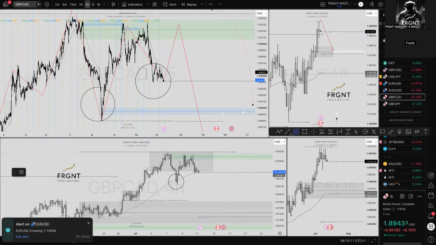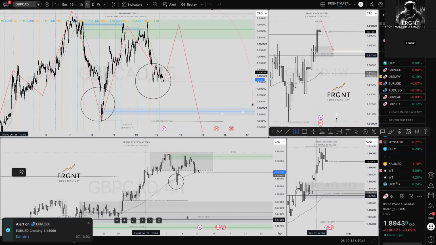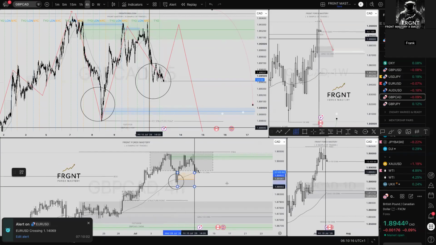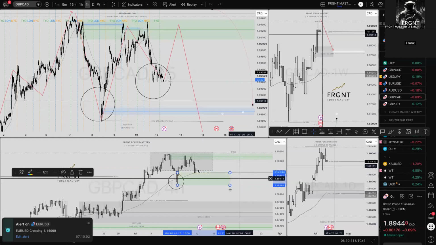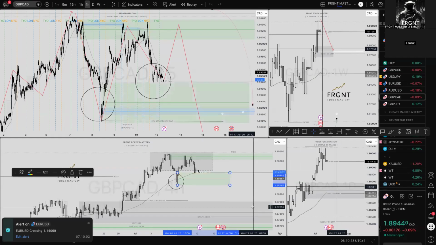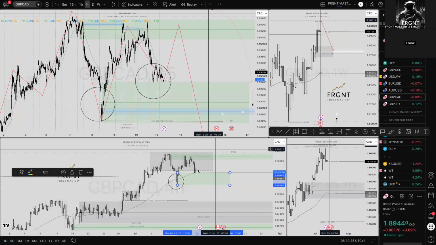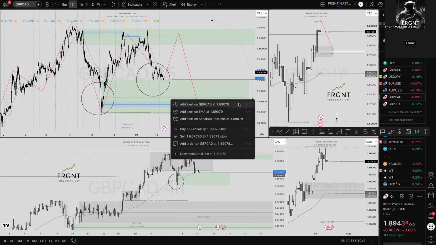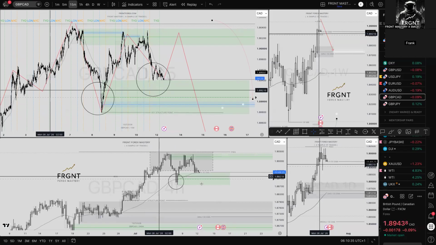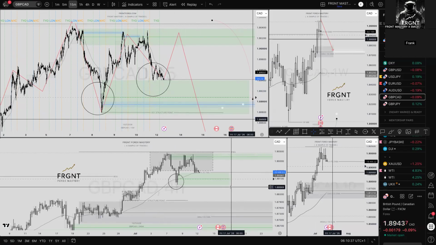Well, longs, I really would want a long from down here. I mean, we could look to force this, force being the key word that we already shouldn't be looking at. But that 4-hour order block, all that's done is give me the confirmation that this 15-minute order block, when an alert goes off, I should probably be having a look based on the overall structure and pattern of what's going on. Bullishness weekly, bullishness daily, bullishness 4-hour. I should really be looking for long positions.